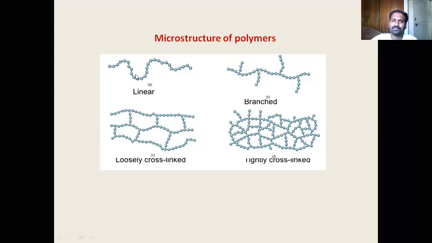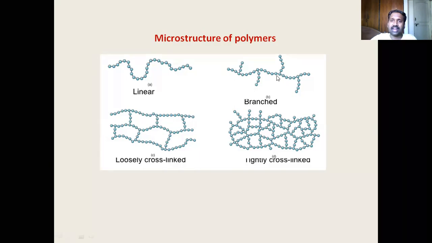So what is a linear one? It is simply a chain which is formed by linear bonding, covalent bond formation between monomers. Typically, a monomer is simply added one after the next. In this fashion, the polymer goes on. A single chain. But please remember, a polymer sample doesn't contain a single chain. Never. All chains are almost like this. What's the point of difference? Maybe the number of monomers in each chain. Otherwise, the overall structure of a chain is linear.